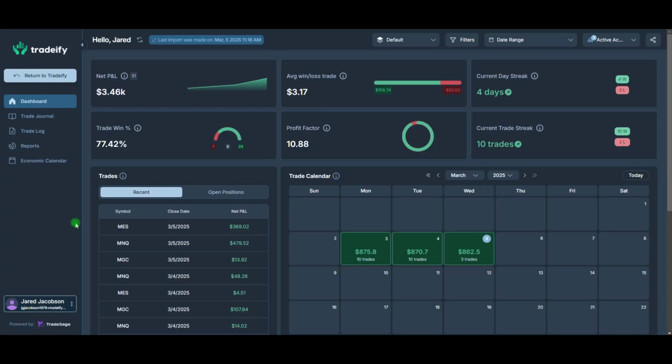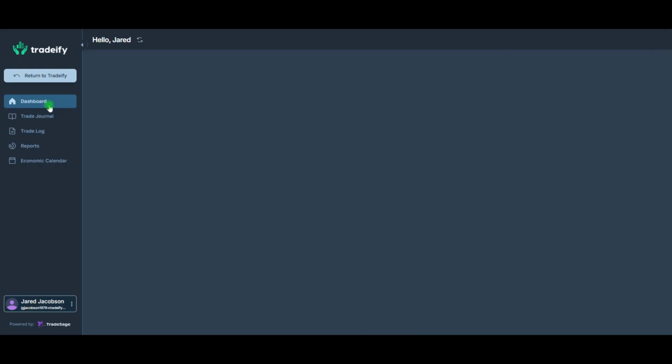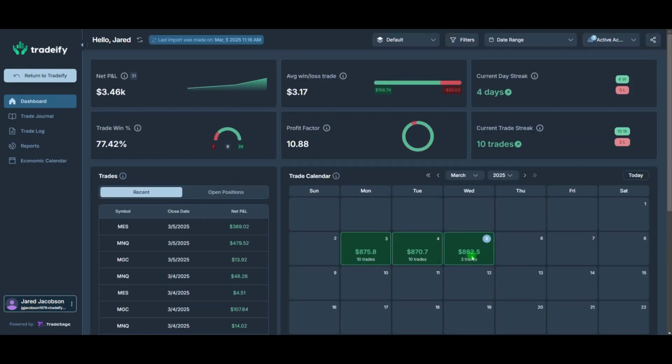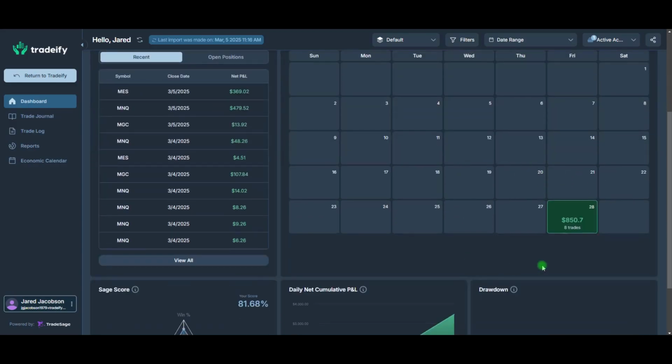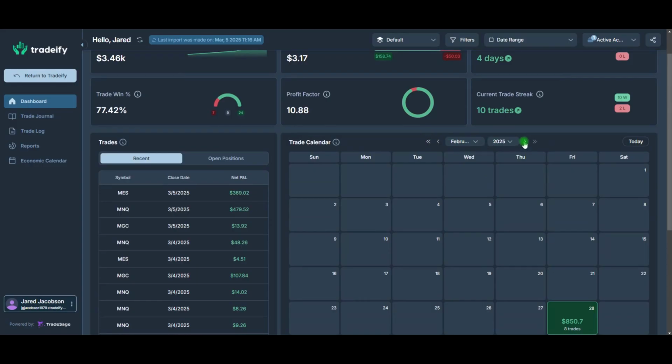Okay, yeah, we're back. We're logged in. 862 is where it ended up. I had it set at 865 and we ended up at 862 in 3 trades, guys. I had a winning day on Friday. It's not on here because it was last month. Yeah, 850, and then